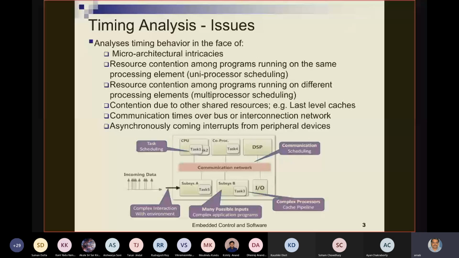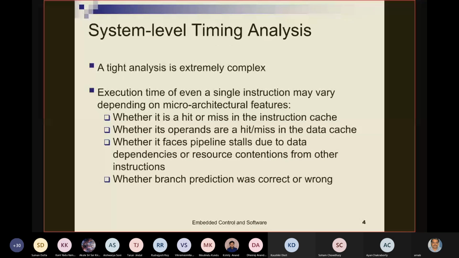So then we embarked on finding out how to determine the execution time of a single task. And we said, what happens if that execution time is not determined correctly? Even if there is a slight variation between what we expect the execution time to be and what it actually is, maybe the actual execution time is less than what we have expected, but even that, if it is not planned, may result in unexpected end-to-end timing of the system, which we do not want. So whatever we do, the first